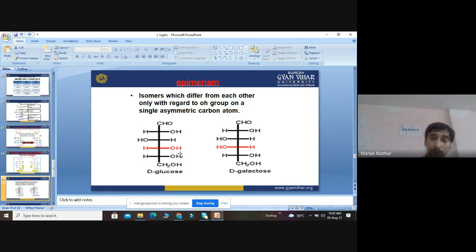Isomers basically depend on the position of the penultimate carbon, and epimers depend on the position of the OH group on the asymmetric carbon. Asymmetric carbon means those carbons which are in between, not terminal, not penultimate, not anomeric, in between. Okay, then